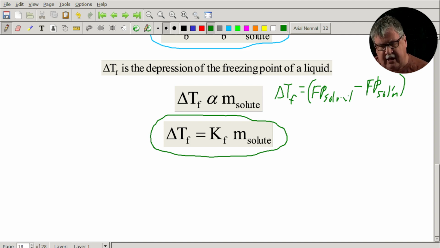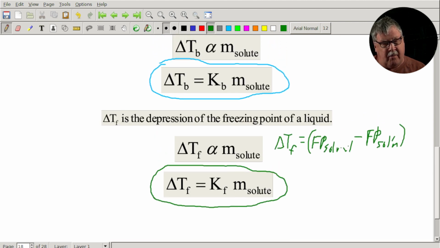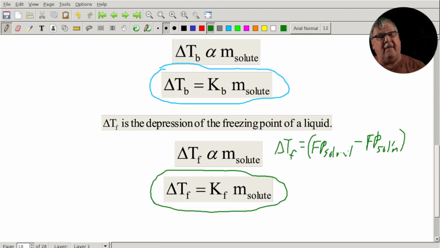So if you're going to do calculations involving either boiling point elevation or freezing point depression, you have to have more data than just these equations. The equations are easy to memorize, and you definitely want to do that for the first exam. So far you have a number of equations that you need to remember. The Clausius-Clapeyron equation, some of the equations tied with cubic crystal lattices that we talked about on Wednesday, and these two equations. You're going to have one more from this chapter, and that's it.